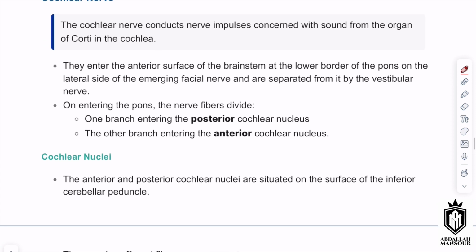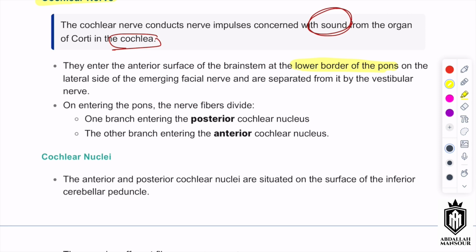The second part of the vestibulocochlear nerve is the cochlear nerve itself, right? So we talked about the vestibular nerve, but now there is a cochlear nerve as well. The cochlear nerve is responsible for your hearing, right? It's concerned with your sound, from the organ of Corti of the cochlea. So the cochlea is the main thing. They enter the anterior surface of the brainstem at the lower border of the pons, just between the pons and